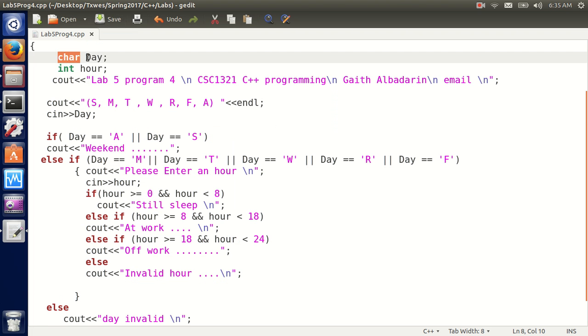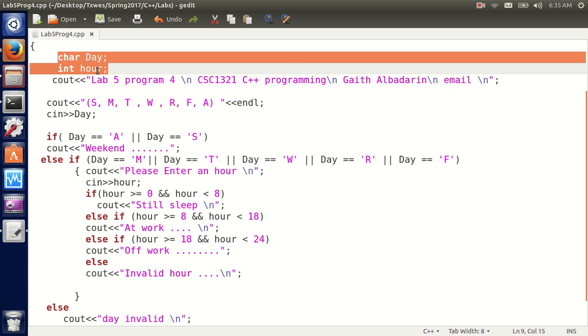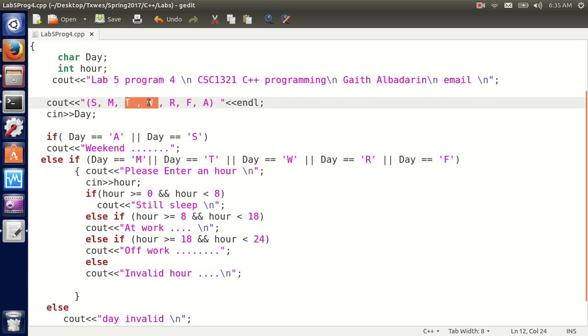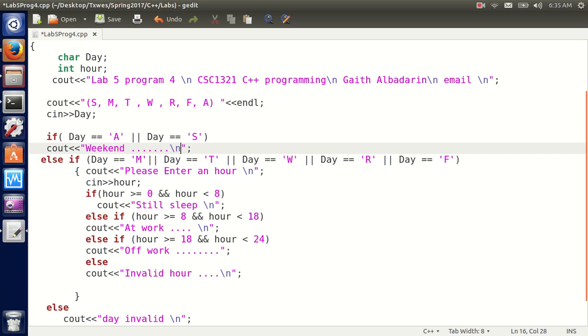What we did, we declared character day to take the days, because we're going to be inputting them as what? S, M, T, W, R, F, and A. And hours, they're going to be between 0 and 24. So I declared that as integer. Here I'm checking if day equals Saturday, or day equals Sunday, cout weekend. Else if day equals Monday, or Tuesday, or Wednesday, or Thursday, or Friday,